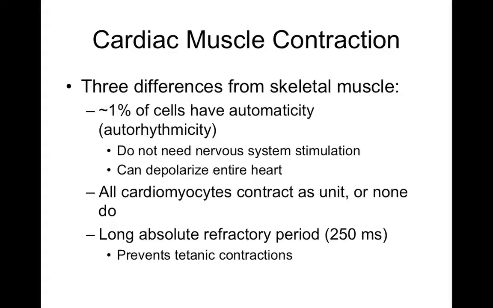Because you don't need a nervous system to stimulate it, whereas skeletal muscle won't just start contracting unless you're stimulating it somehow. Now, all cardiomyocytes contract as a unit. They're all or none. So once you get some of these cardiac muscle cells to contract, because they're all linked up by gap junctions, that causes the next nearby ones to contract, and the next nearby ones to